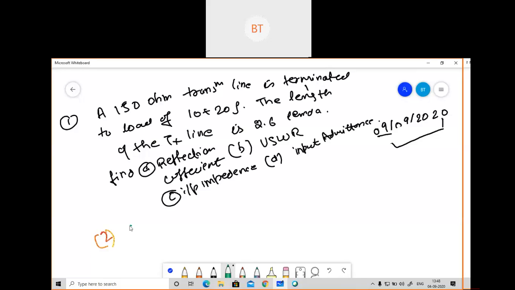And the second question is the transmission line. TL represents the transmission line of length L, given as 0.3 lambda, as an